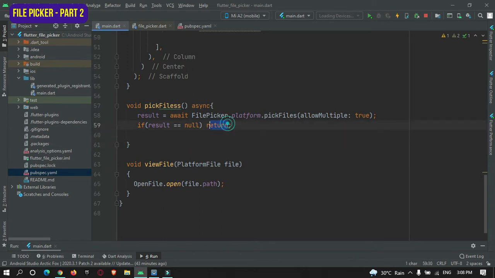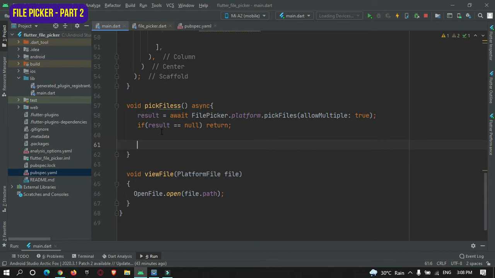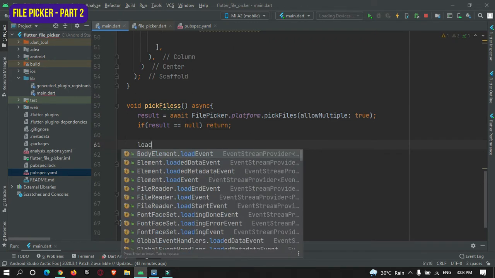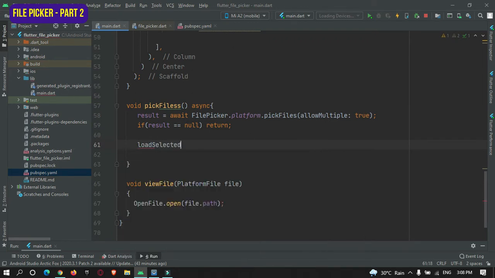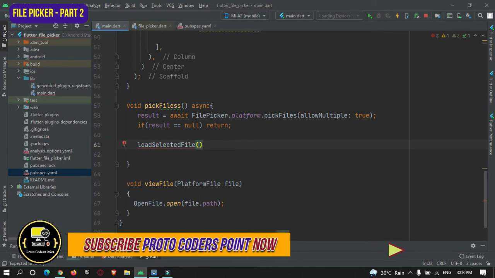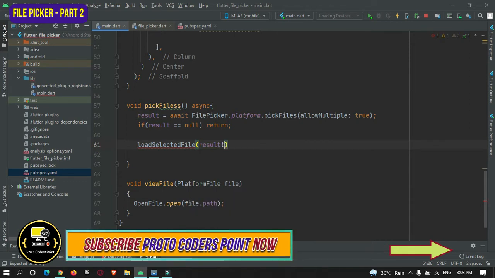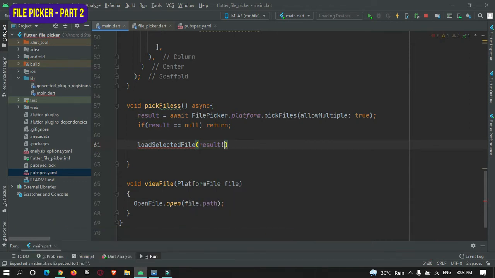Then, if the user selects some files, we are going to call the load selected files method. Inside this method we are going to pass the files that the user has selected, that is result.files.